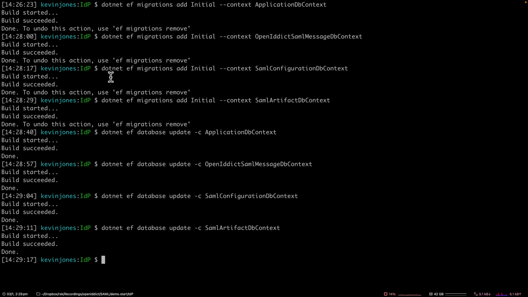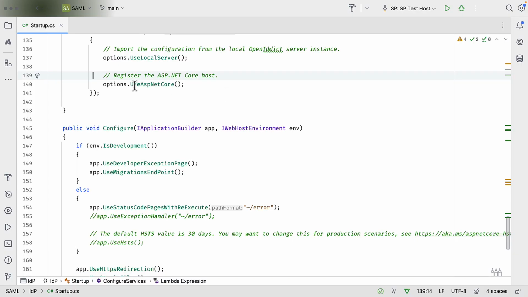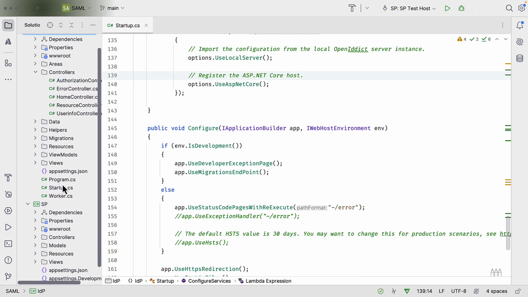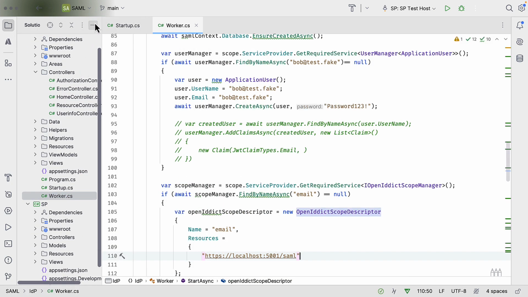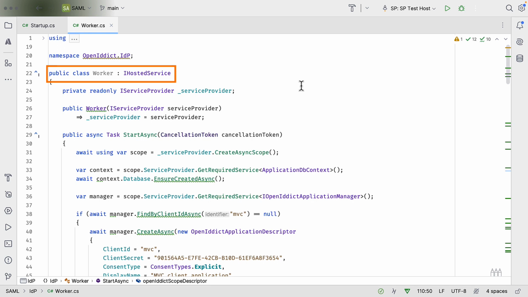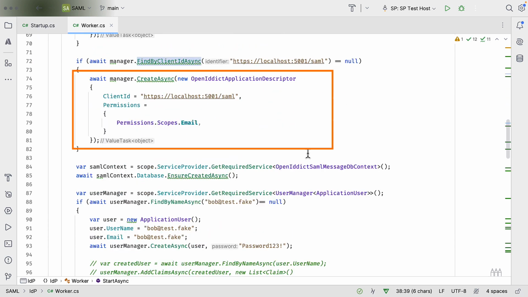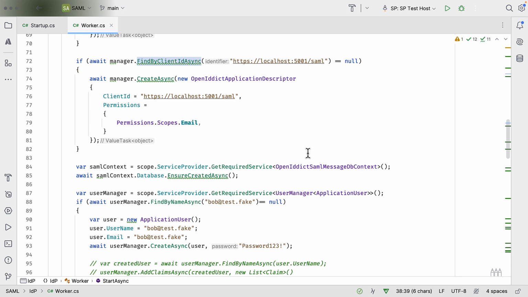to seed the database. So back in the application code, I have a file called worker.cs. And worker.cs implements IHostedService, and we'll use the hosted service API to run this code. What this code will do is create a client in my database, and it will create this client. And this is identified via the localhost 5001/SAML client ID. And if you watch the talk on the service provider, that's the entity ID we use in